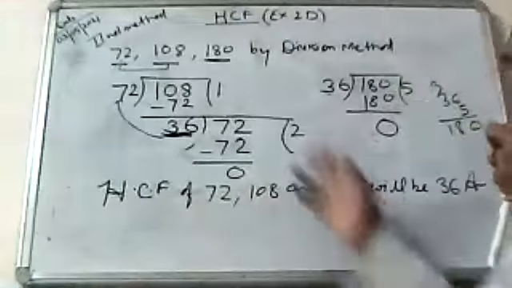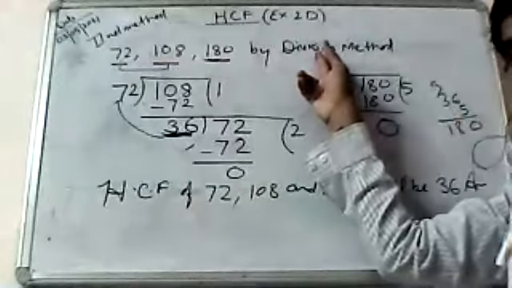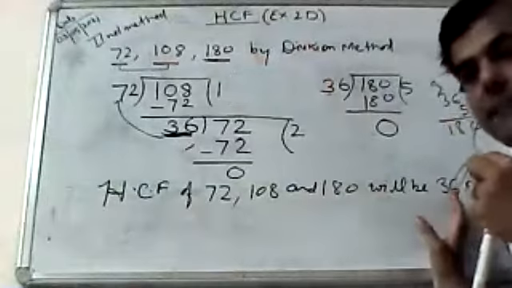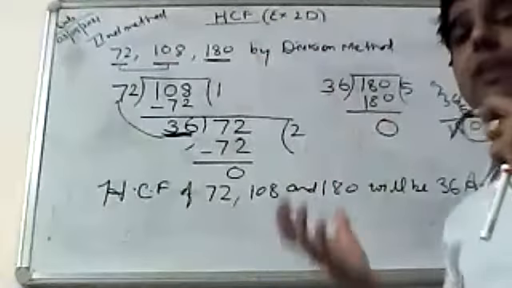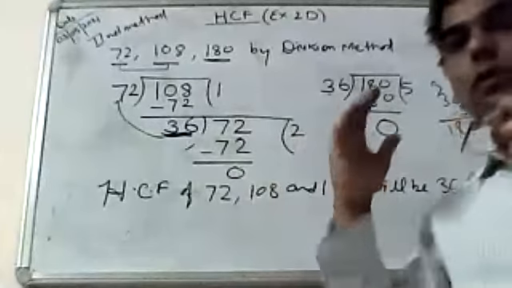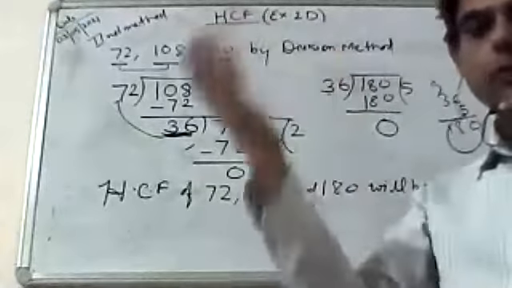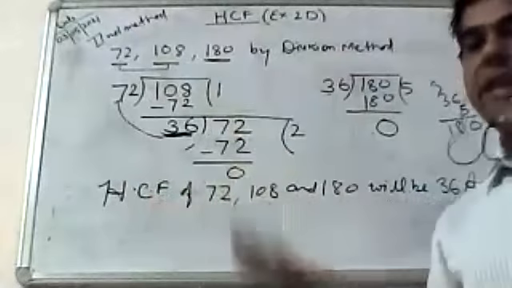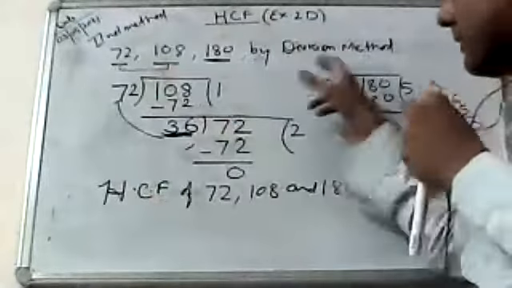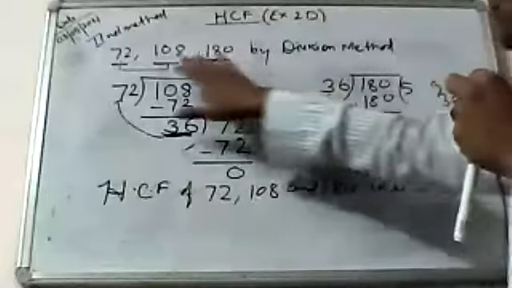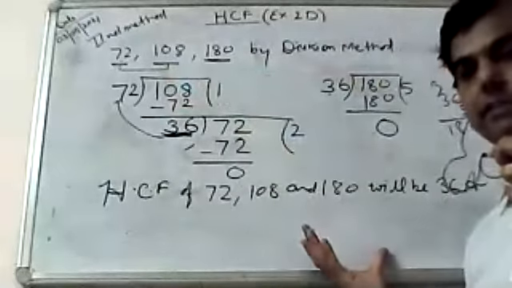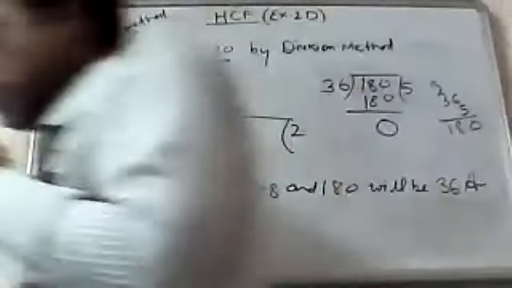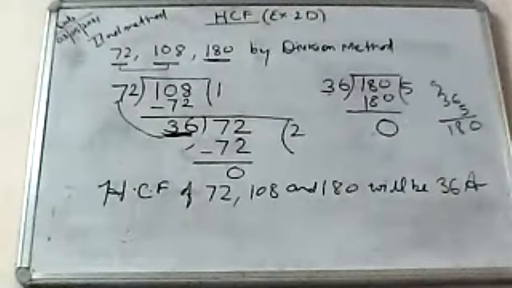So children, you can see that in prime factorization method and division method, answer will be same. Again I repeat, if the equation is given, take the SCF from the prime factorization method. You can follow the previous method, that was the prime factorization method. If the question is given, take the SCF by division method, and you can follow this division method. Okay, so I have taught you both, beta. I hope you understood both.